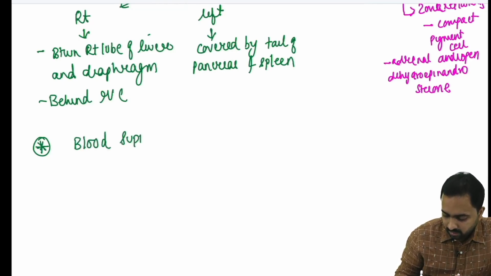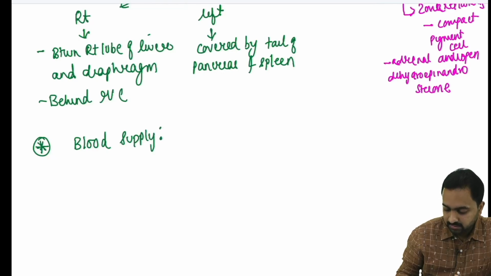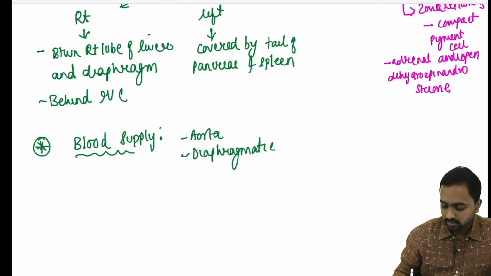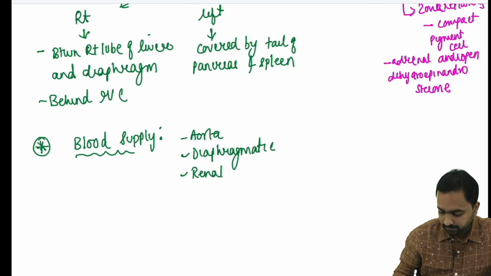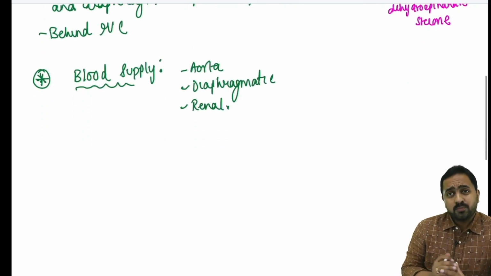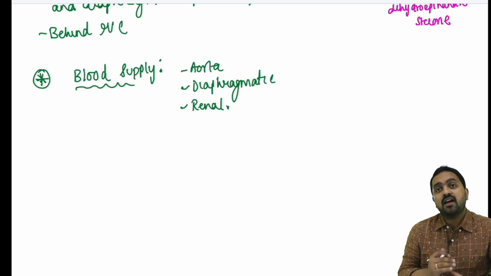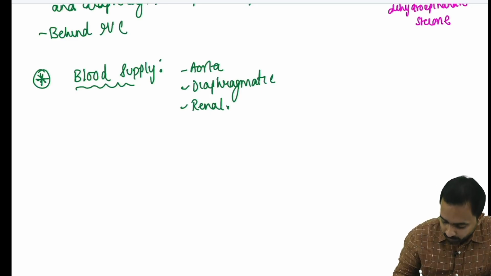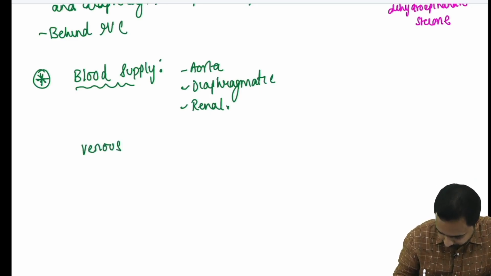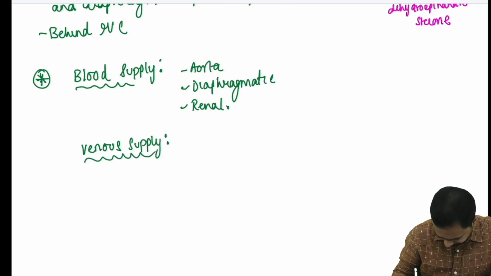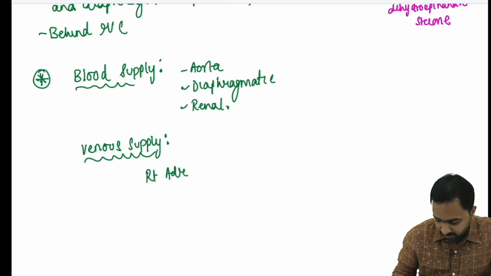There are numerous arteries supplying the adrenal, which are branches from the aorta, branches from the diaphragmatic, and branches from the renal artery. The most important significance in blood supply of the adrenal gland is with respect to the vein. The venous drainage is by right adrenal vein,